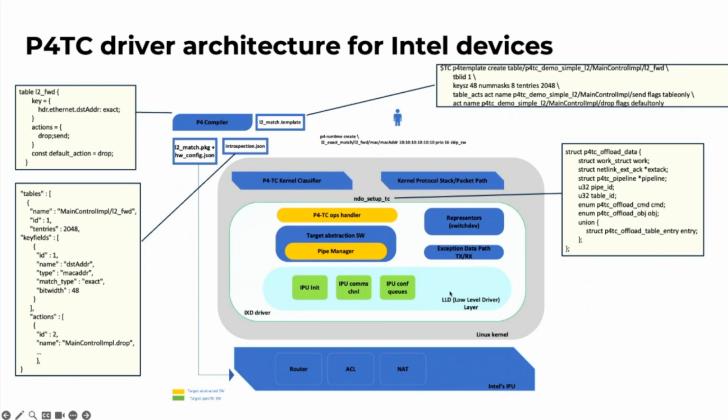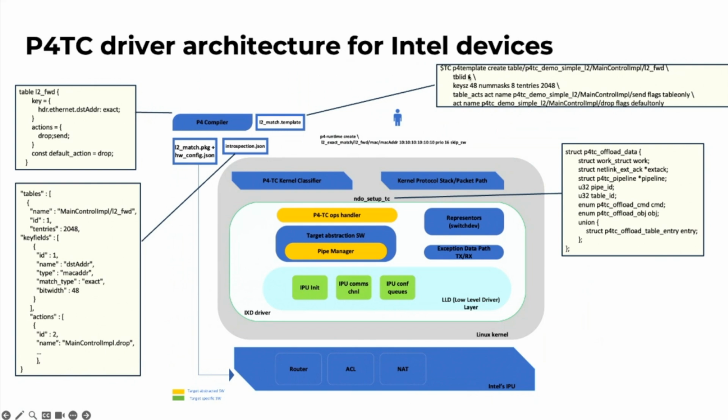I am going to repeat some things over here. This is a P4 program. It is a very simple P4 program. It is fed to a compiler. In the case of offload, it's going to generate some artifacts. So step number one is to write your P4 program, compile it, and generate the artifacts. Step number two is to take the vendor-specific blob and load it onto your device. At this point, you have manifested your pipeline in your hardware, but it's empty. Step number three is to run the template file. If you look at the template file, I just said that it is a bash-like conversion of your P4 program.